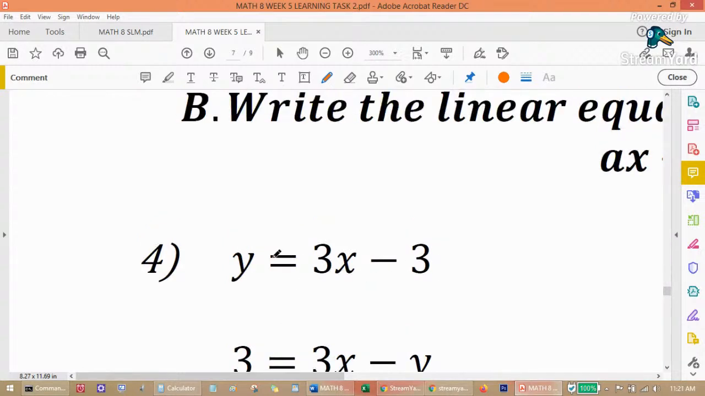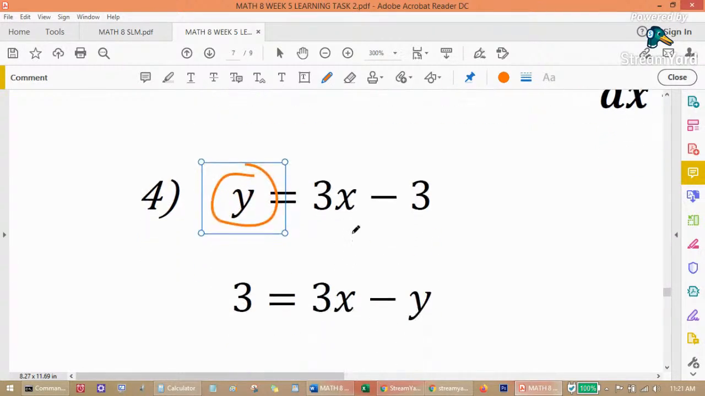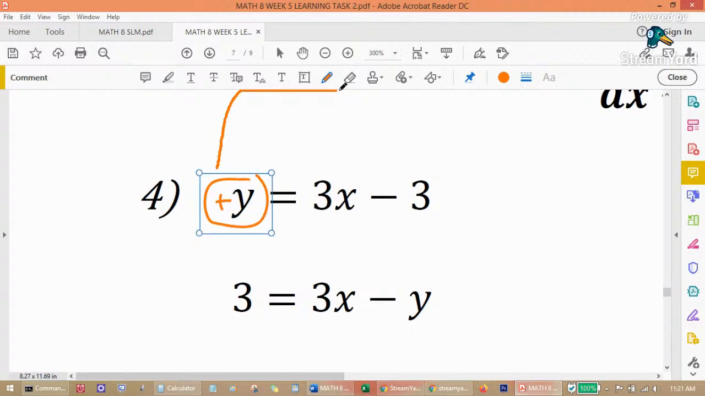Ang gagawin natin is itong y na to. So, since positive tong 3x, hindi na natin aalisin tong 3x dito. Itong y, ang ililipat natin sa kabila. Pero kung negative ang 3x, yung negative 3x ang ililipat natin sa kabila para maging positive. Pero since positive ang 3x dito, hindi na natin siya gagalawin. Kasi positive na siya, no? Ang i-move natin ay itong positive y. Pag nilipat natin sa kabila,